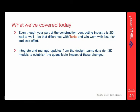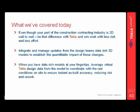It can be done. We've got the tools to do it, and that way you can establish the quantifiable impacts of those changes that are coming through from the design team. And lastly, when you have data-rich models at your fingertips, you can leverage virtual Tekla design data from the model to coordinate with real conditions on site to ensure instant as-built accuracy, reduce